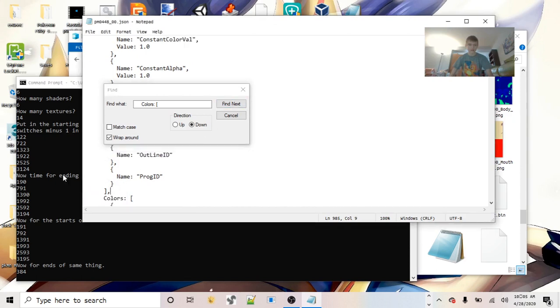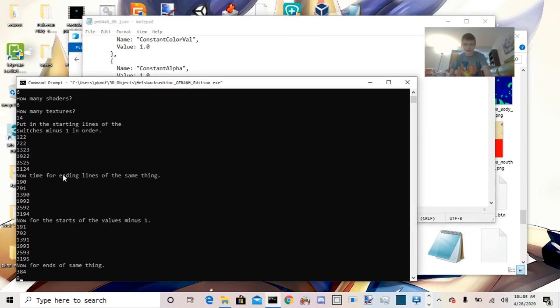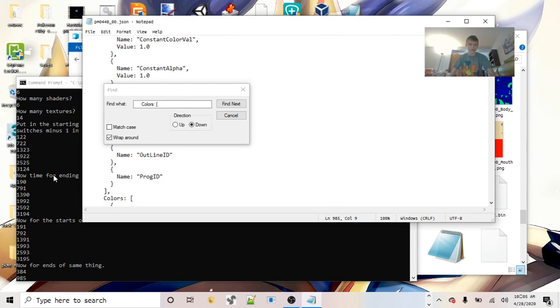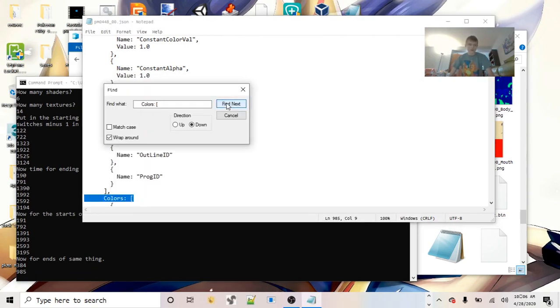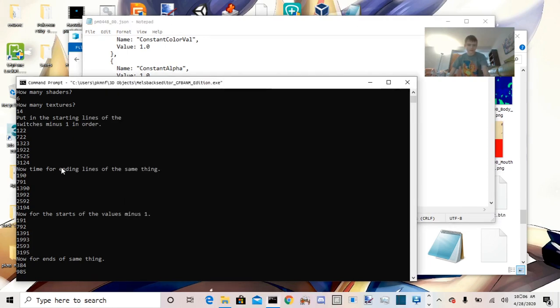But the colors are different. Wait, now let me just go back to talking about this file. The colors are different from the other things where there's 2 per material. Colors is only 1 per material. So that means you don't have to treat any of them like Spanish subtitles.